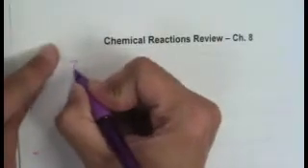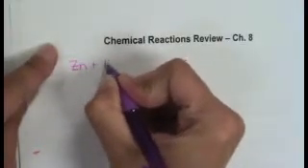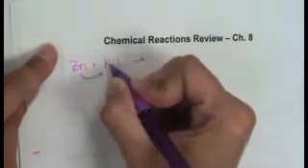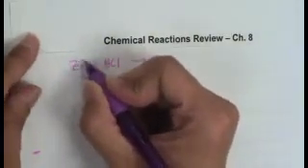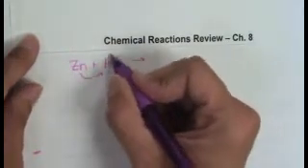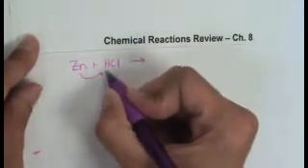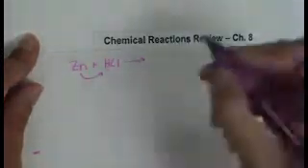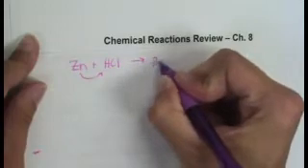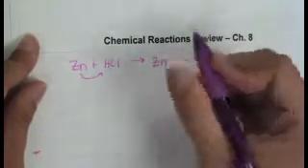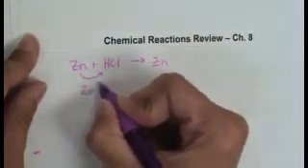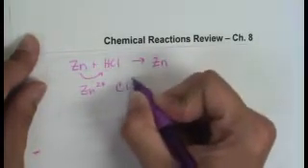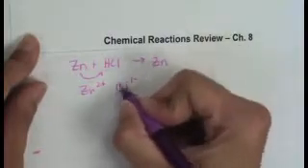The first we're going to do is a single replacement, which is Zn plus HCl. This is going to take the place of that one. Again, it's a metal, so it's always going to have a positive charge. It's going to replace the thing that's in positive charge. What's first is always going to be the cation. What's second is always going to be your anion, or the one that accepts the electrons. So in this case, you would have Zn. Now, remember that zinc, if you look at your polyatomic ion chart, has a 2+ charge. We know that Cl is a 1-. So you're going to cross these, and you get